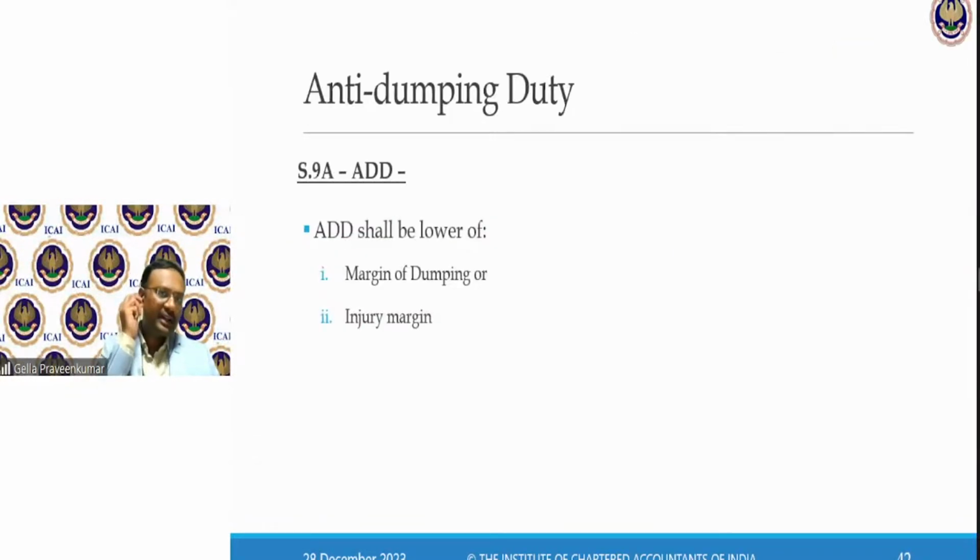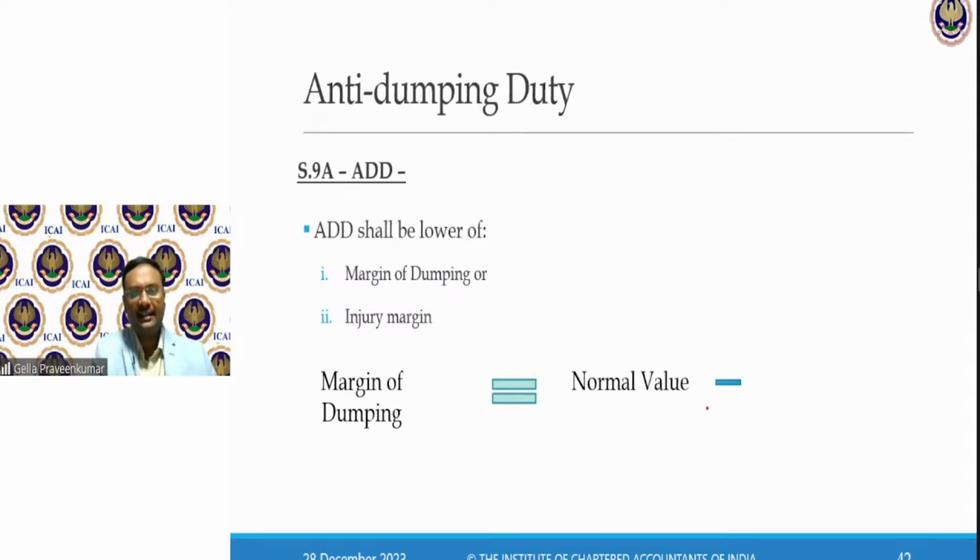And for levying this anti-dumping duty, my anti-dumping duty shall be margin of dumping or injury margin. What is the margin of dumping? My margin of dumping is nothing but the normal value in that country and export value. This is a source point computation, source point identification, where the notification says that in the country where the goods are manufactured, what is the normal value?